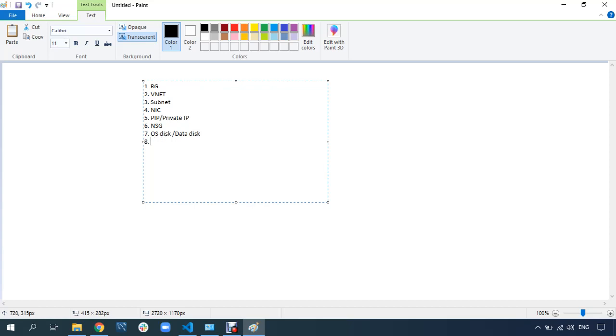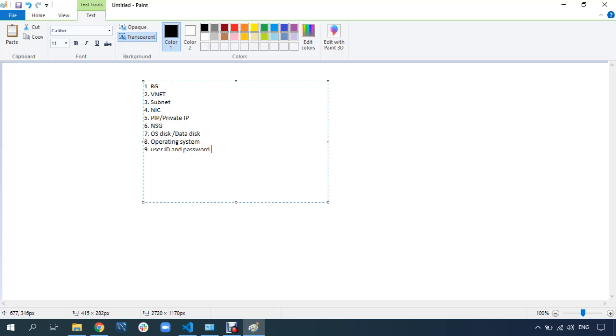Before that you need the operating system, which kind of OS you want for your virtual machine. It should be Linux or Windows. If it is Windows, then which version of Windows? Is it 2012 R2, 2016? You have to mention all those things. And after that, you need the credentials, user ID and password. You need all those details to create a virtual machine even on the Azure portal.